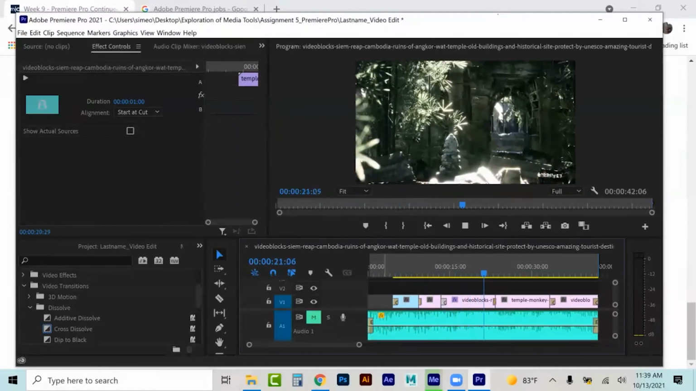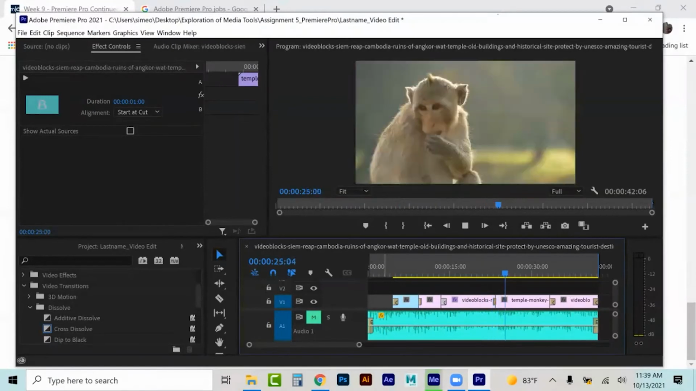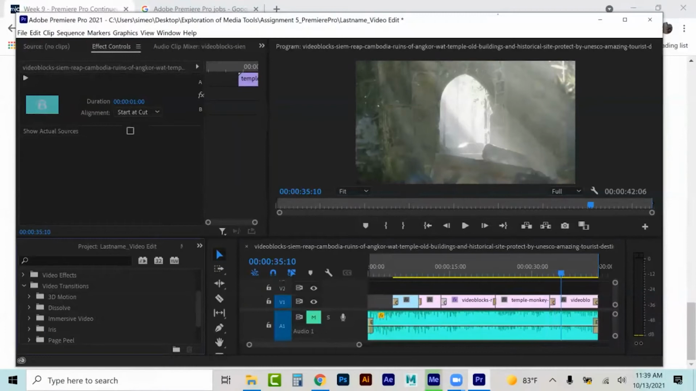Now, there's nothing wrong with these. Those cross dissolves work kind of nice, right? Just fading in and out from one video clip to the next. But what if you want something that's a little more extreme? Okay, well, that's where we get into some of these other types of dissolves. And some of these are, again, page peel,